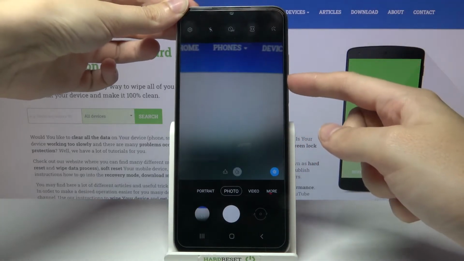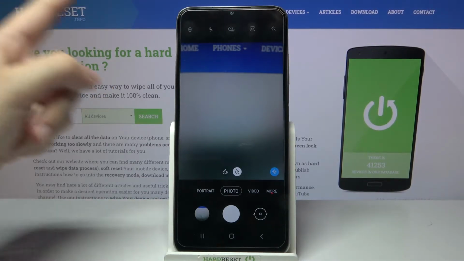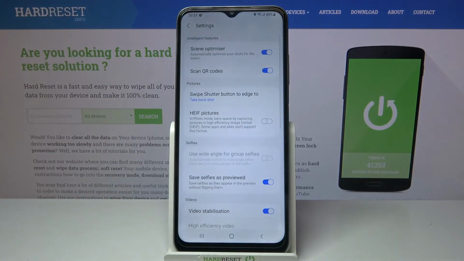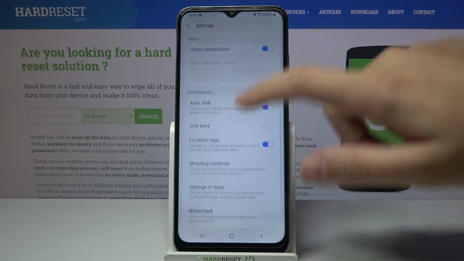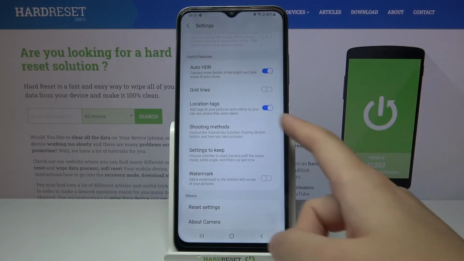And as you can see now, by tapping on them, I can easily take a picture. To change its function, let's go to the left corner button. When we pick it, we can open the advanced camera settings. Now we have to slide a little bit down to the useful features category, and here let's pick the shooting